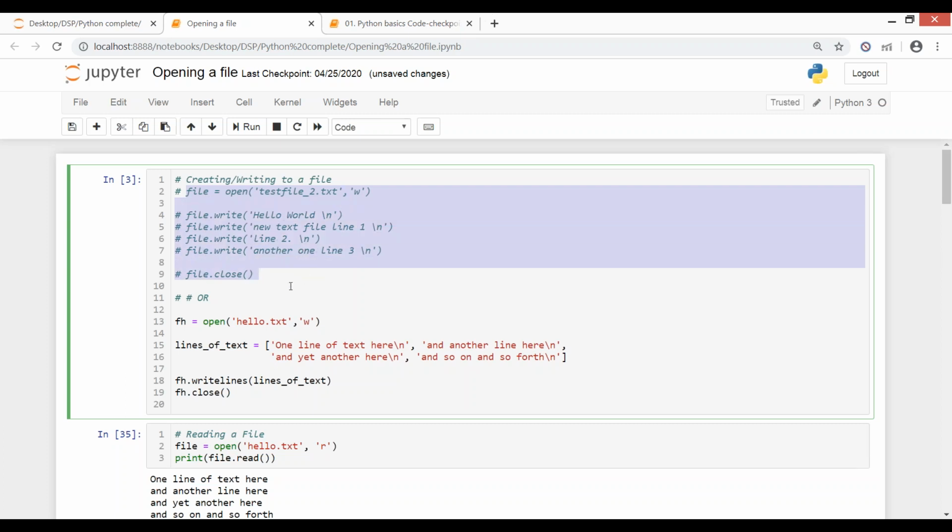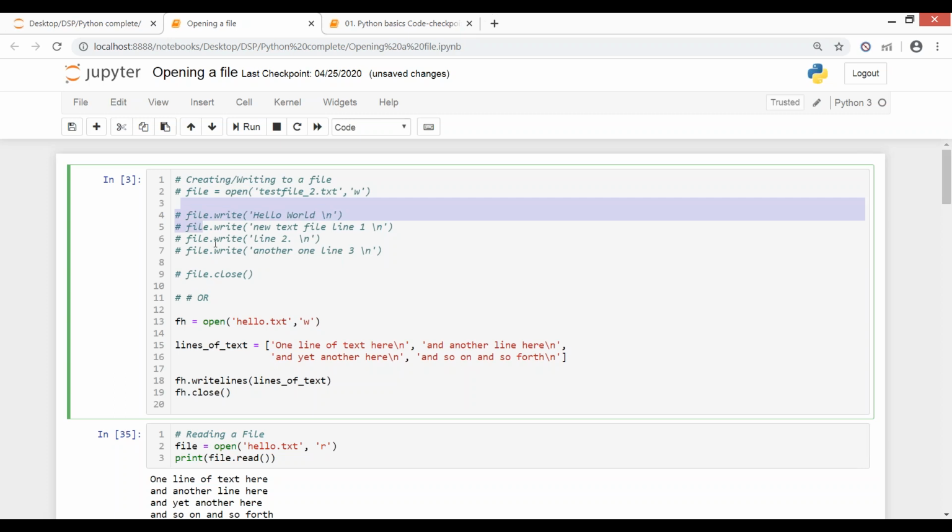If you do not close it, that was the default number given by Python, an error code given by Python. So you have not closed it, that's why you are seeing that. Whenever you write something to a file, you need to close it, and only then you'll get proper output. Close it now and then run your cell again, and then go to your folder and see.